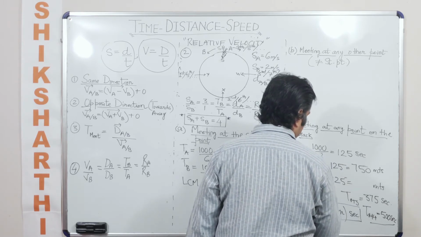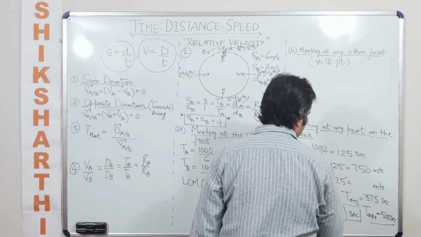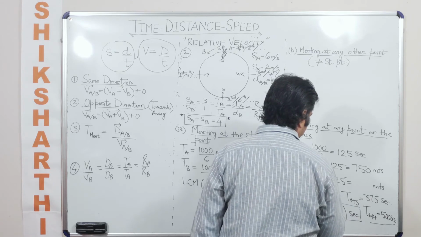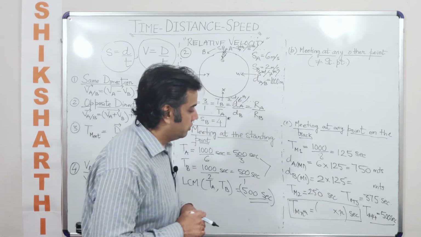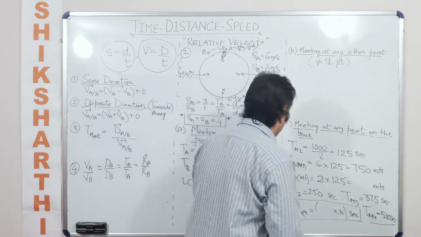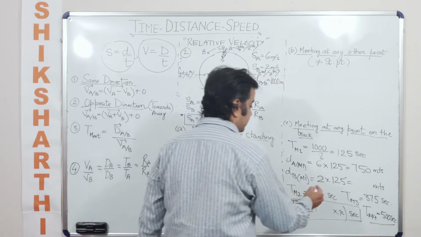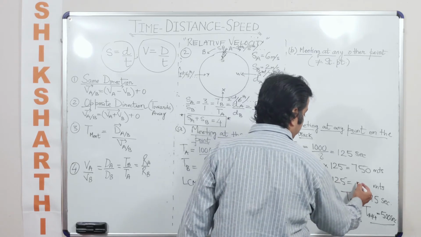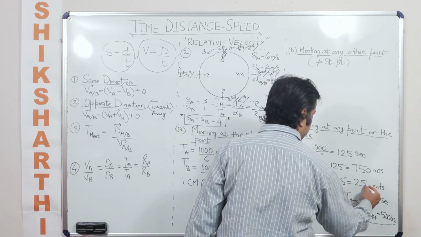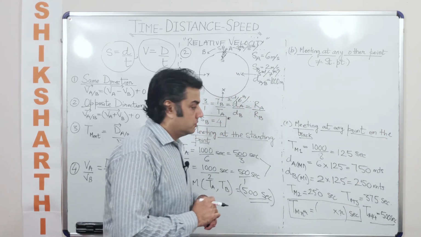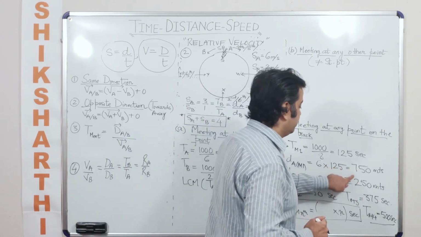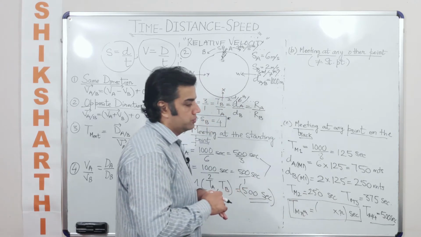Okay. Now the point to understand here is we have to multiply this with 2, because incidentally I took this value as 4, but I should have taken this as 2. So now when I see this, how much is 2 into 125? 250 meters. Now when this adds up, it should add up to 1000 meters. Of course it should,